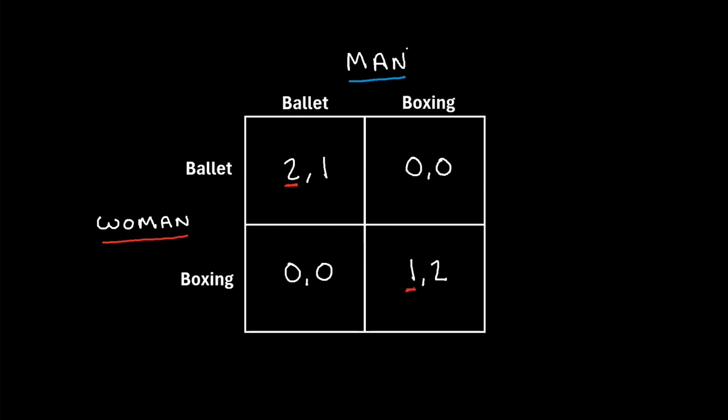Now we can repeat this process and we'll say, okay, if I'm the man, let me consider the woman's possible options. If she chooses ballet, I, as the man, should I choose ballet and get a payoff of 1, or should I choose boxing and get a payoff of 0? Well, obviously 1 is better than 0, so I should choose ballet. So let's underline that one blue. And then the last possible scenario is, okay, what if the woman chooses boxing? I, as the man, should I choose ballet, or should I choose boxing? Well, boxing offers the higher payoff. 2 is greater than 0. So I, as the man, will choose boxing.